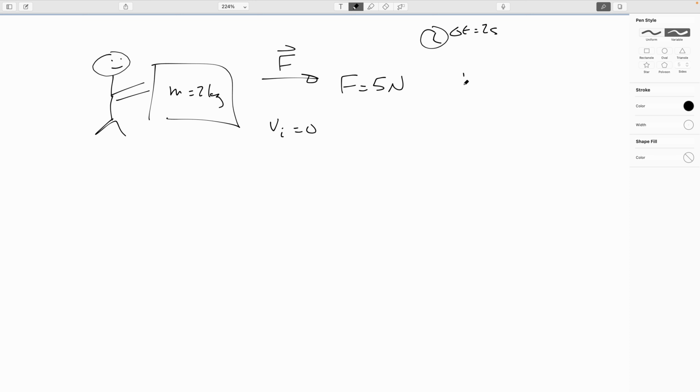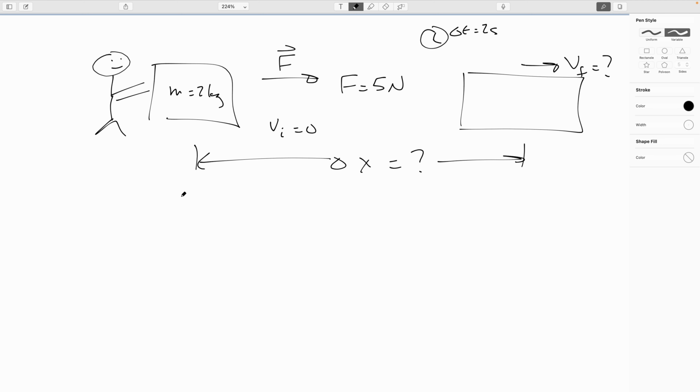So I want to know 2 bits of information here. One thing I would like to know is, at the end, how fast is my box going? And the other thing I'd like to know is, how far did it move in these 2 seconds? So